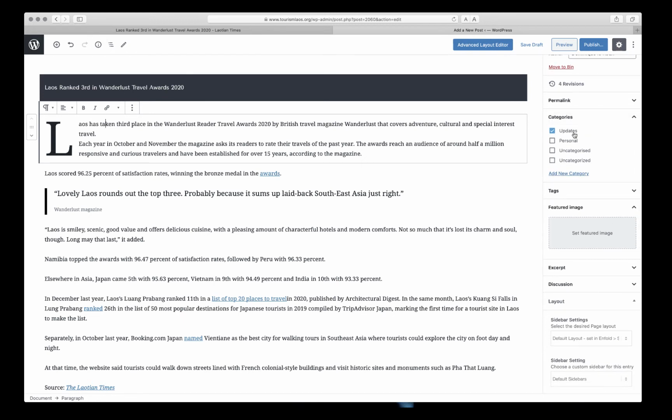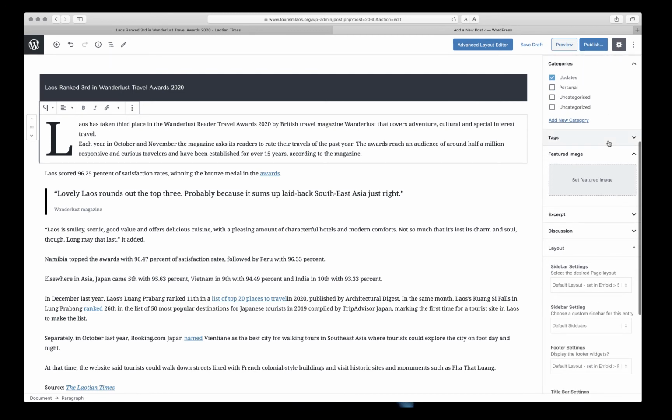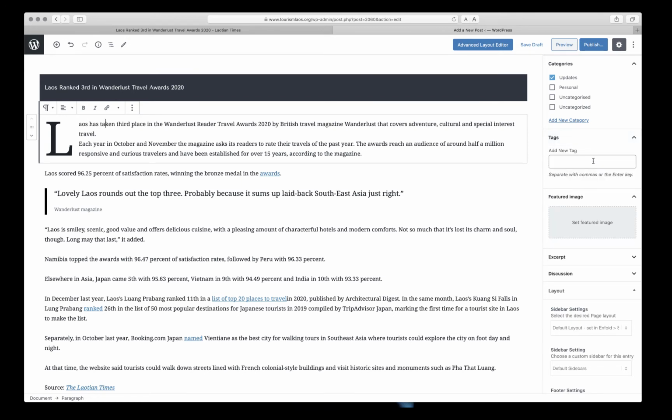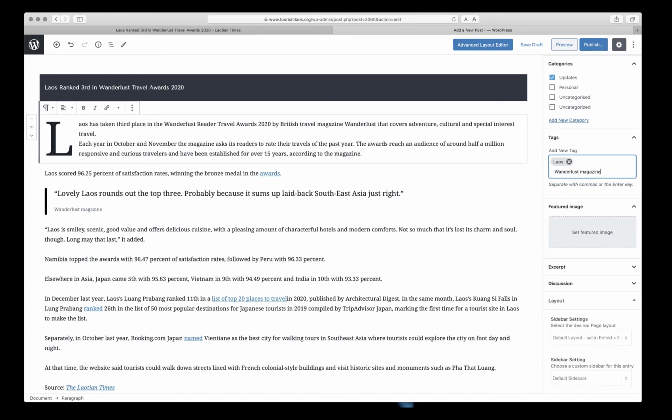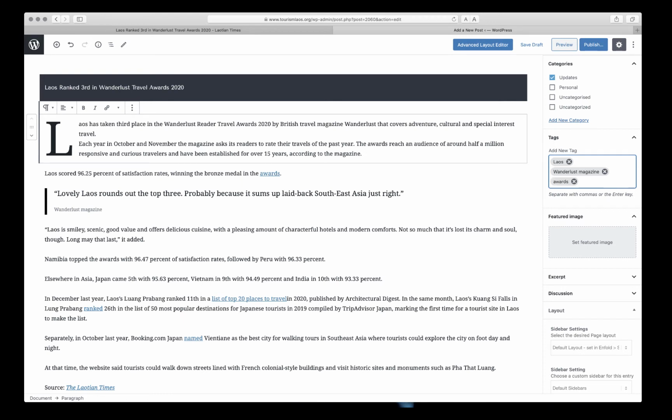And here we go. We wanted this as updates. In the future, we can have different categories, but right now we want this as updates. And here's the thing. Let's put in tags. The tags are things that people might search for that this would come up. So, of course, what are our obvious tags? We want LA, we want Wanderlust magazine. Notice I'm typing, there's spaces there, that's fine, but as soon as I do comma space, it finishes that. Awards, comma space,